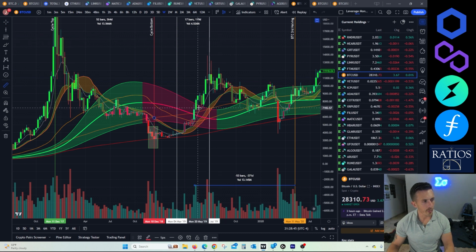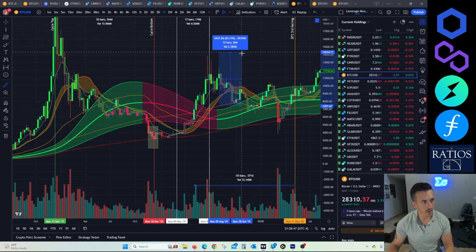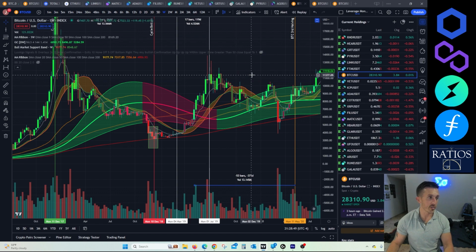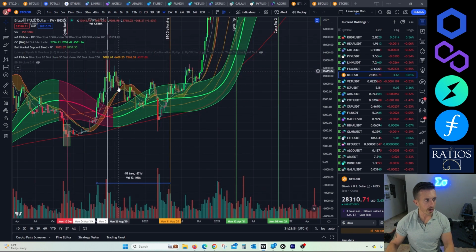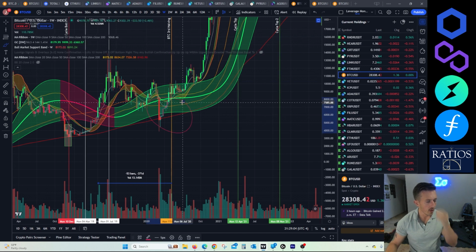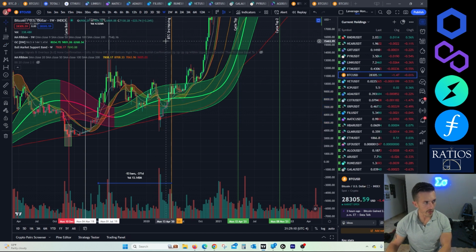Past the Gaussian, from the retest of the Gaussian channel straight up, we're looking at an 87% rally before Bitcoin kind of grinded sideways, had a COVID dump, which I believe would have continued to grind sideways until the halving had that not happened. For me, this section here was simply a black swan event. I do not believe that would have happened. I feel like it would have just grinded sideways until the halving.